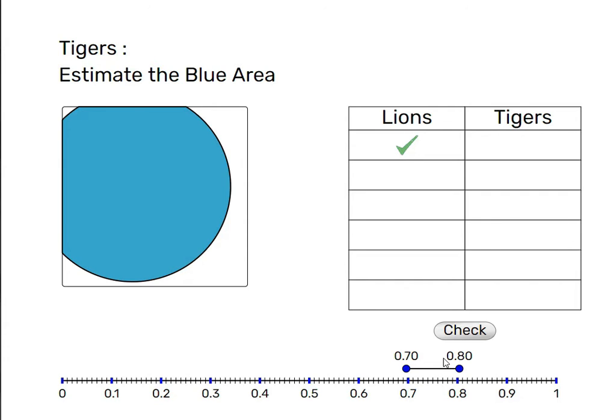Note that even if the estimation is wrong, the student still transferred the estimation from fractions to decimals and is working with decimals and the axis. So this process is, of course, more important than the actual correctness of the final answer. Let's click check, and the estimation is good. Note the range is 1/10 or 10/100.